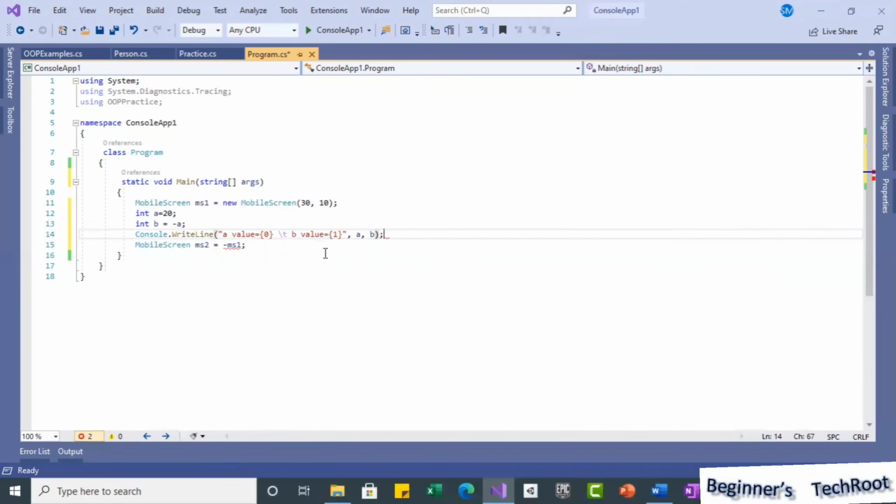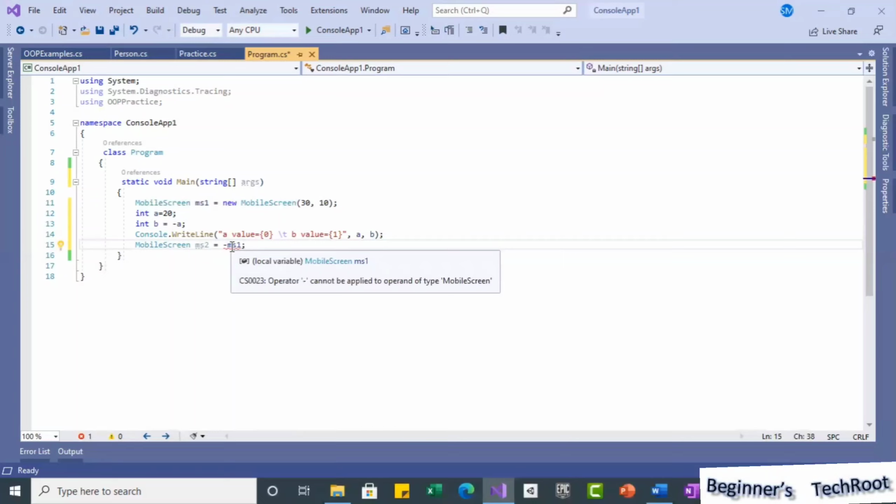So now if I run it, this is allowed, and I get the value a is 20 and b is minus 20. But if we try to do the same for an object, a user defined type, it won't work automatically. It gives an error. So you need to overload this minus unary operator.